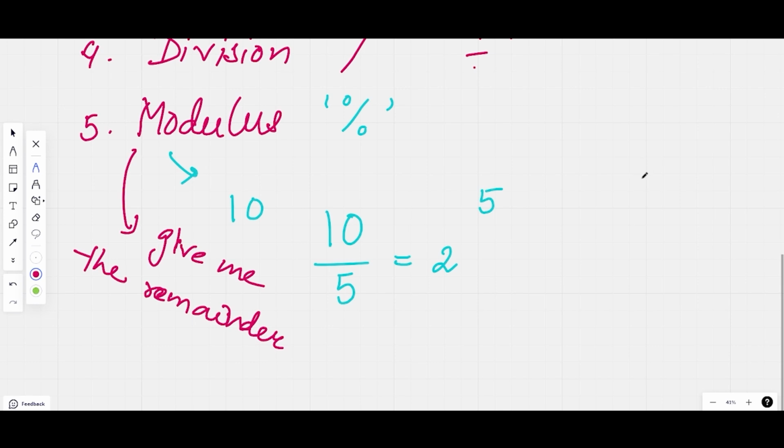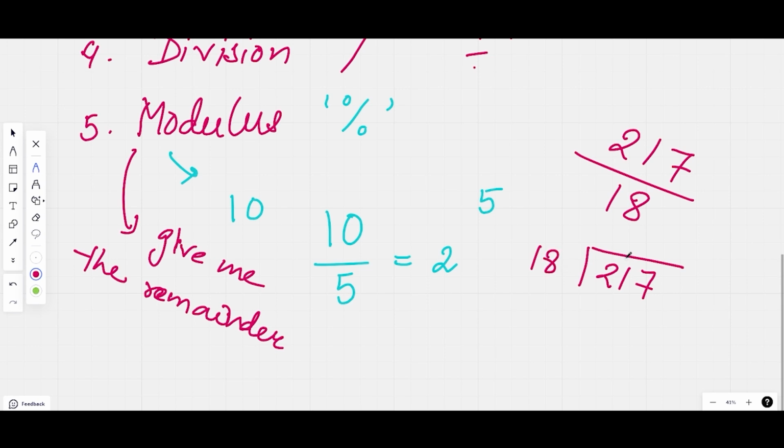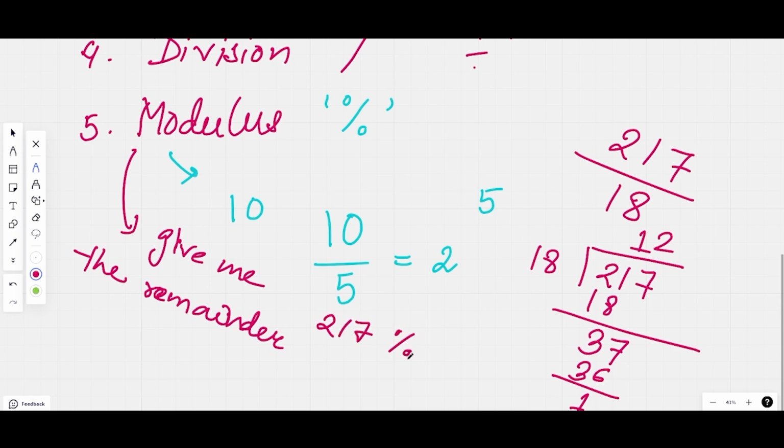For example, let's say I have 217 divided by 18. I divide it as we normally do: 18 ones are 18, 37, 18 twos are 36, remainder will be 1. So if I do 217 modulus of 18, it should directly give me the answer 1, because that's the remainder.